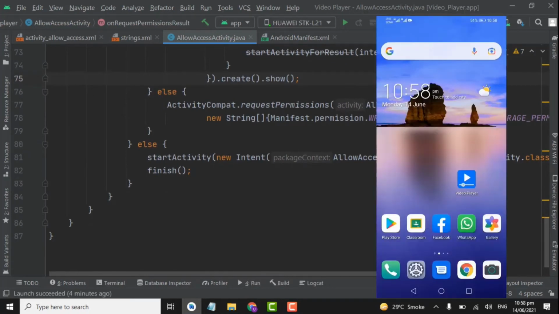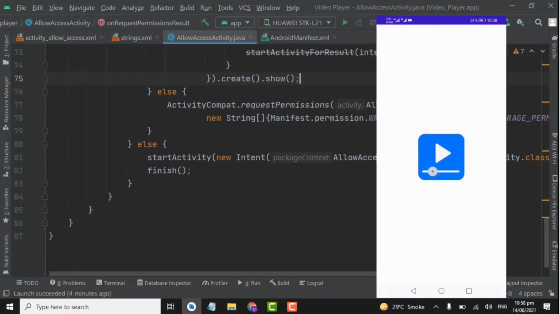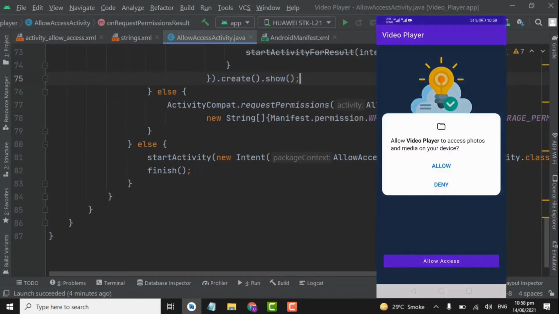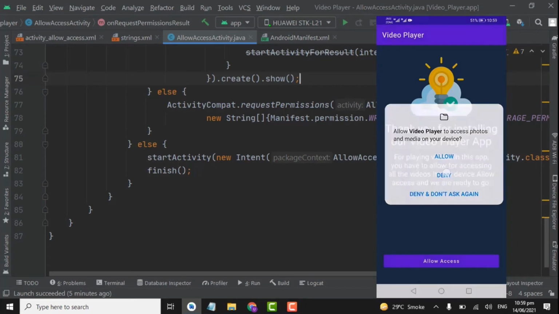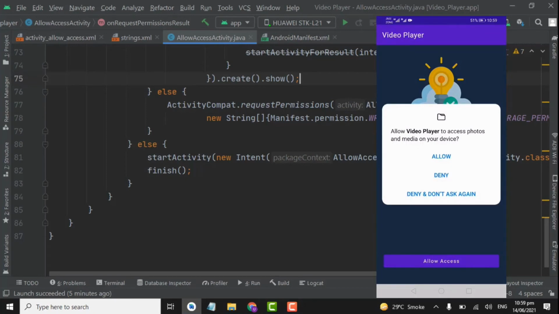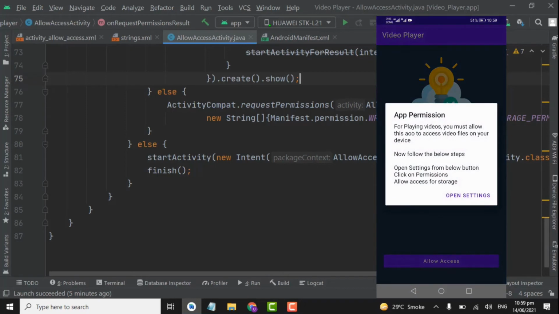Our app is installed now, so let's open the app. Here click on the allow access button. Here you can see this prompt. If we click on allow, this will navigate the user to main activity, but we will click on deny. Here you can see after clicking on deny, it is again showing that prompt. If you click deny again, it will keep showing the prompt until I click on allow. If I click on deny and don't ask again,